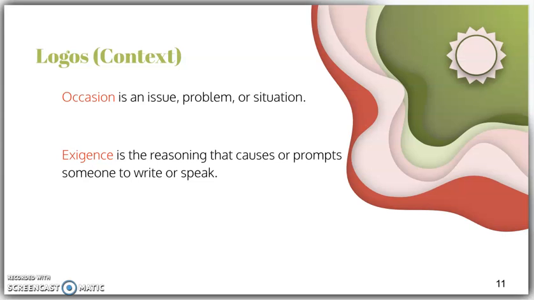So if we think about the world itself, if someone decides to write a speech, the occasion is maybe racial injustice. It's the general, it's the broad one. It's something where it's occurring all the time and it's an issue that happens. But maybe their exigence is that someone in their hometown was killed, they feel, unjustly. So it's that specific moment that made someone go, I'm going to go out and make a speech to try to sway a bunch of people to the way that I want them to think.